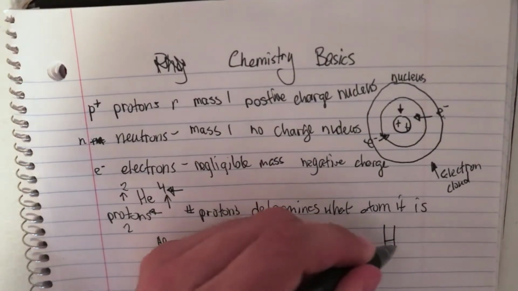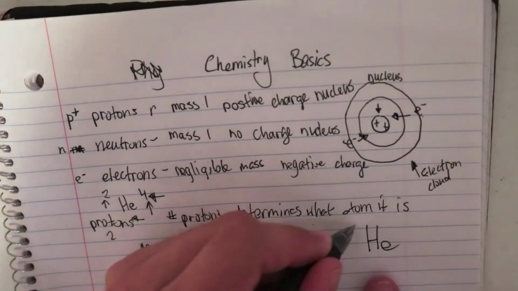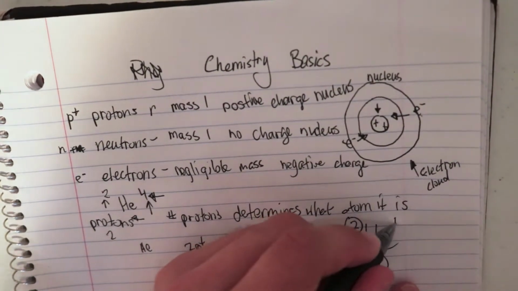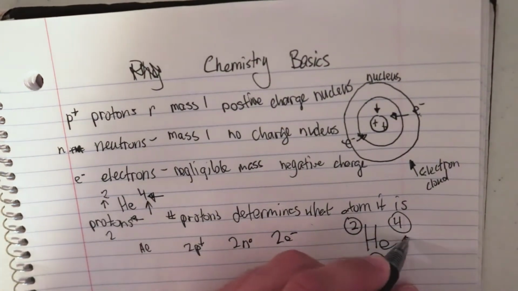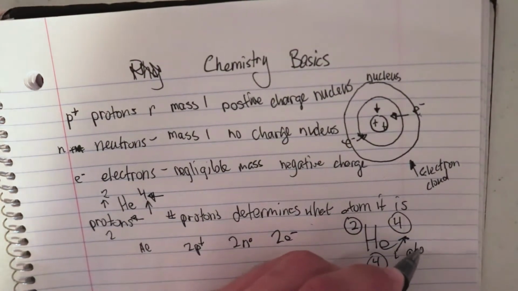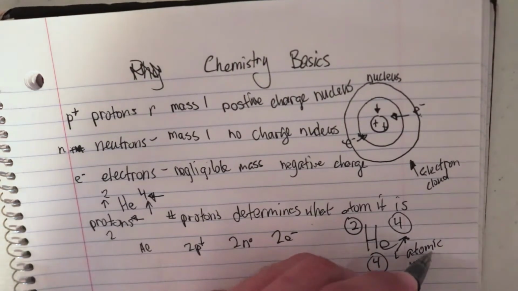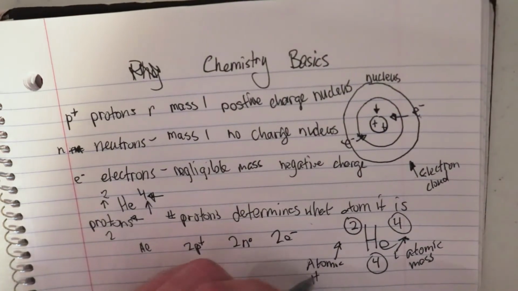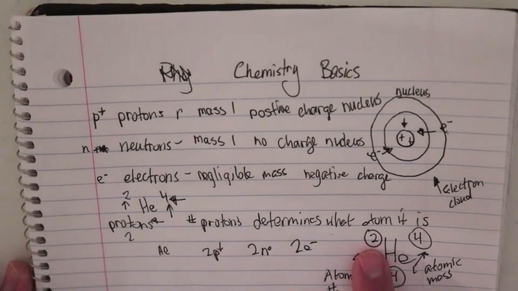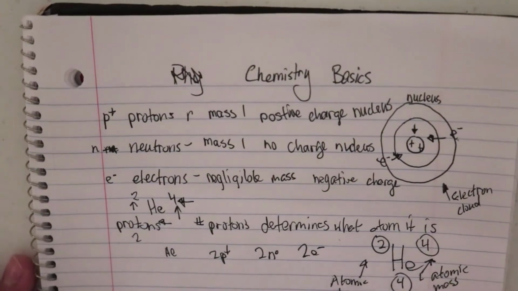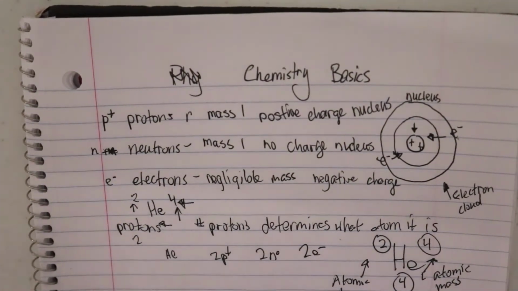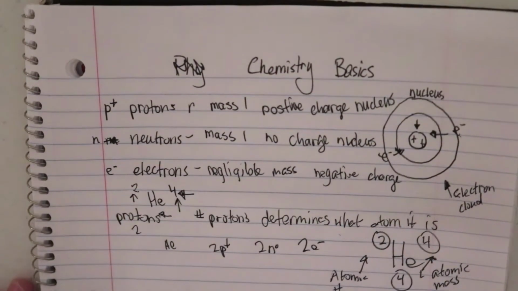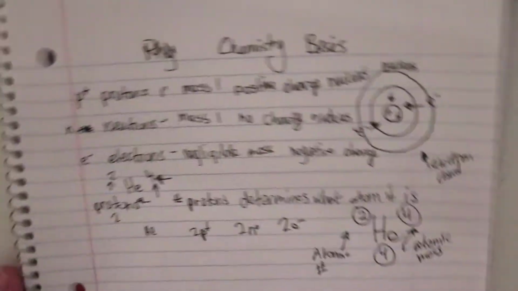So where these numbers are, when we look at a symbol, helium has a symbol He. So the atomic number is going to be here, and then 4 either under it or up here. These 4 is going to be your atomic mass. And this 2 is going to be your atomic number. This atomic number is the number of protons, and this mass is the mass of the atom. So basically the mass of the protons plus the mass of the neutrons. And so that's some basics of chemistry to understand about